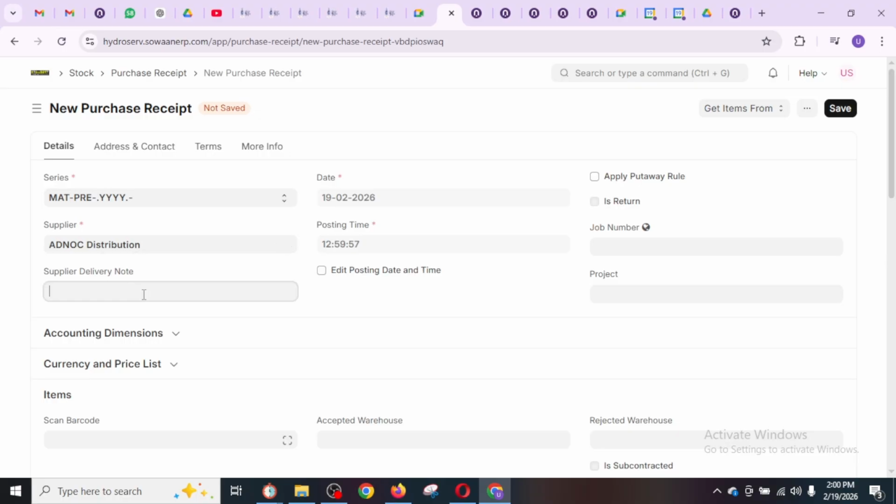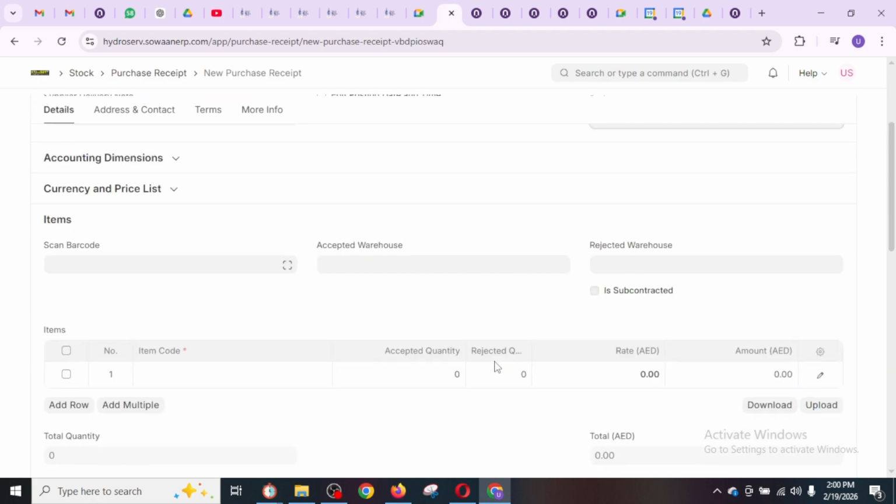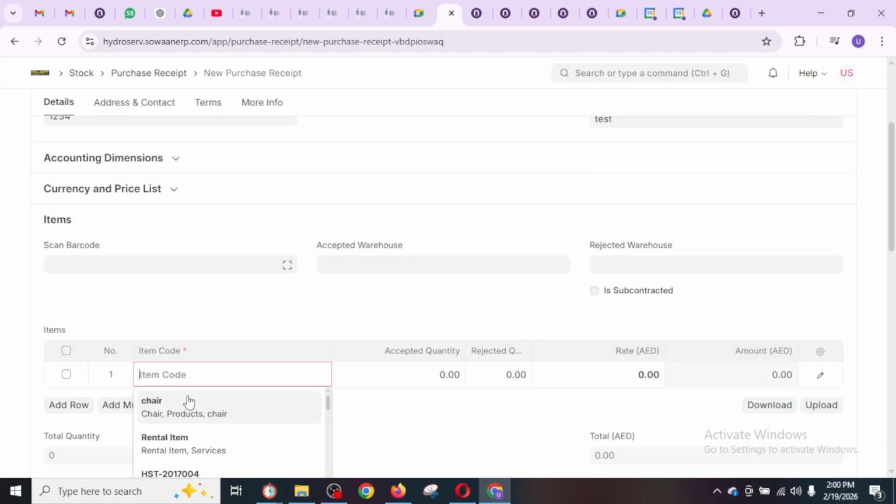If I have a supplier delivery note, I can write its number here, let's say 1234. If I operate in a job number environment, as the instance I am using, according to my client's demand they have a specific job number, so I write 234 and I can select a project. I select a test project, and after that I have to select the item.